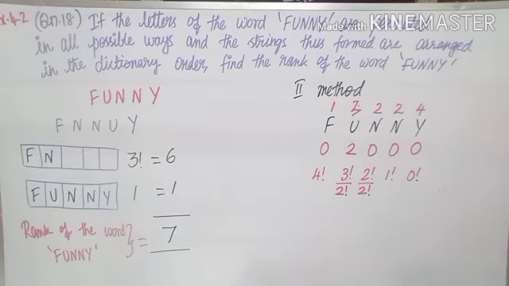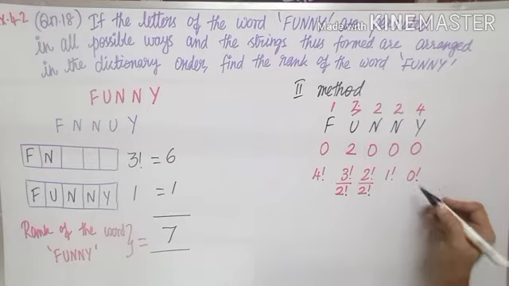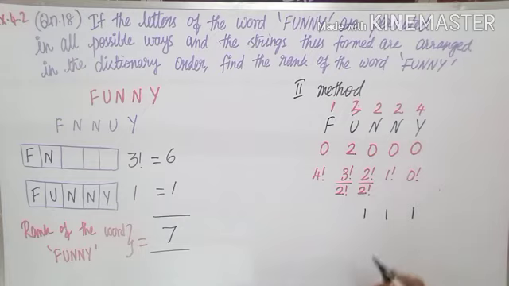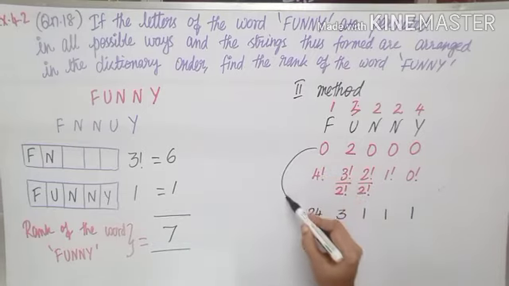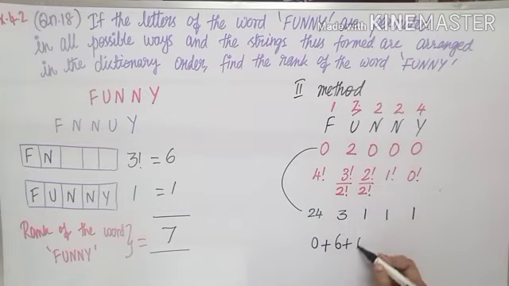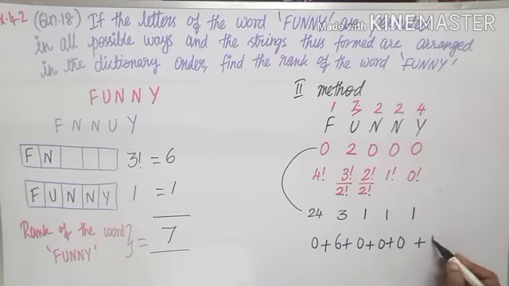So when I find out the product, my answer is 0 factorial 1, 1 factorial 1, 2 factorial by 2 factorial 1, 3 factorial by 2 factorial, 6 by 2 is 3, 4 factorial is 24. Multiply this and this. 0 into 24, 0 plus 2 3s are 6. 0 into 0 into 0, plus 1. So that will be the rank. We get 7. Here also we get the same answer.